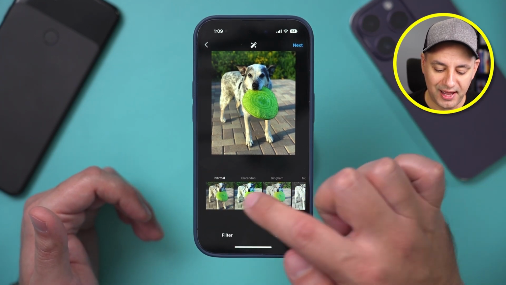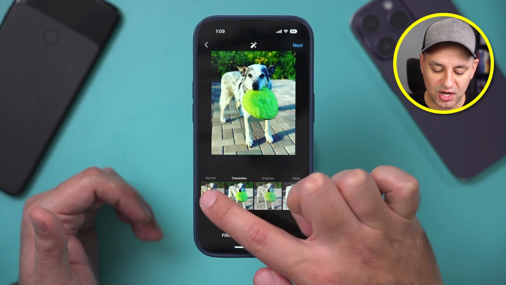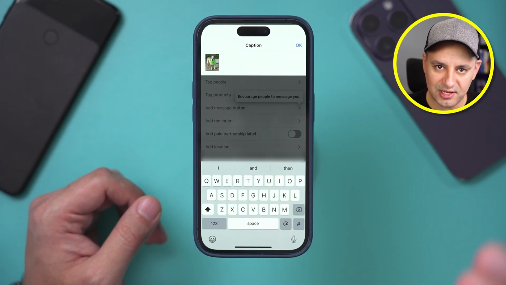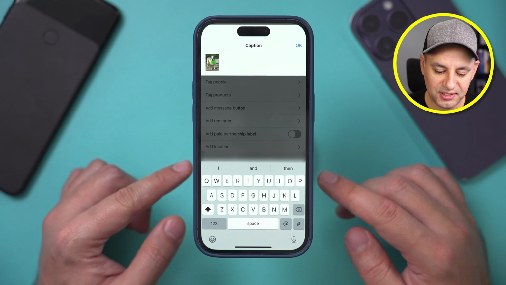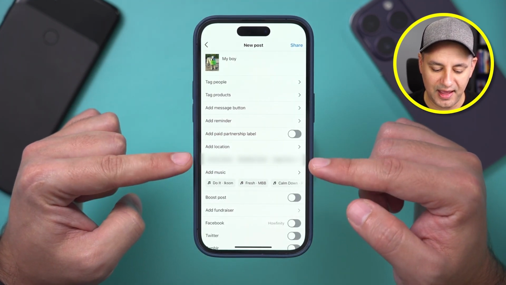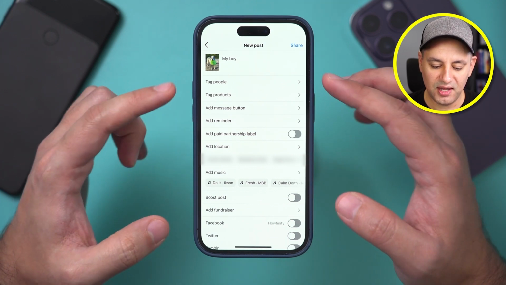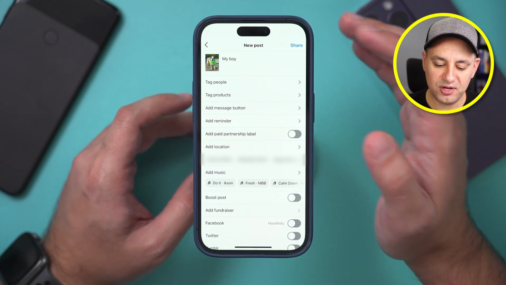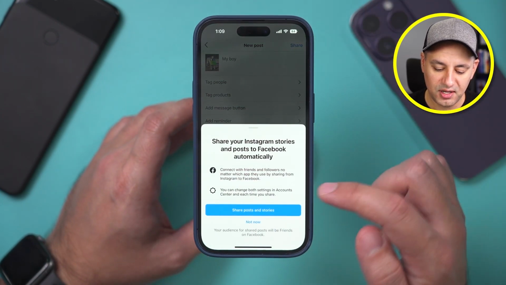Next, you could add these filters to them to kind of change how they look if you want. Then next. And then you write a little caption. That's a little text that shows up underneath the video. And then you could do all these other advanced things like adding location, adding music. Again, you don't have to worry about any of this. You could just press share and it will share it to your page. So if I press share here,